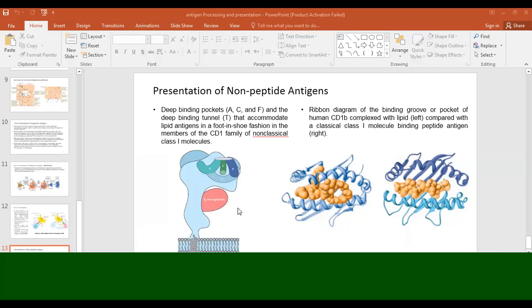So now we have reached the end of our topic, which was complementary for MHC molecules. This was part 2. I hope you benefited,